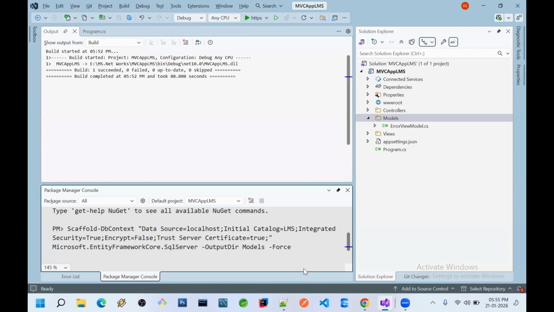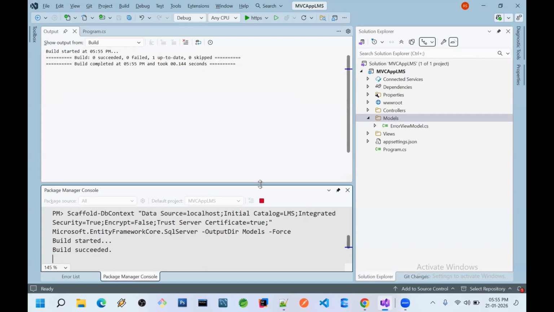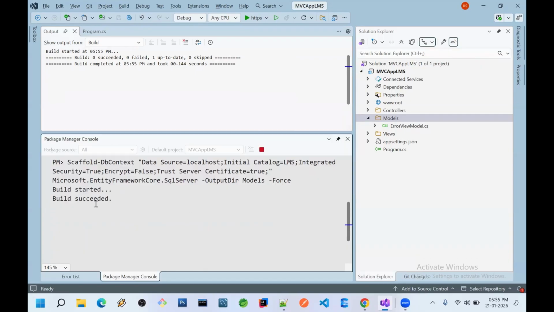Okay, now I will, this is MVC LMS only, right? So the previous LMS project that we developed using ASP.NET Web Forms, I'm trying to replace the same thing with MVC. I will click on enter. Now, this will take a while. It will take a while, and after that it will try to import all of the classes over